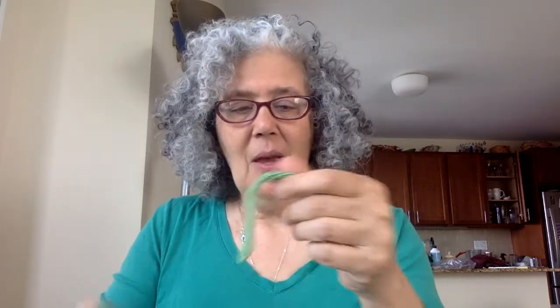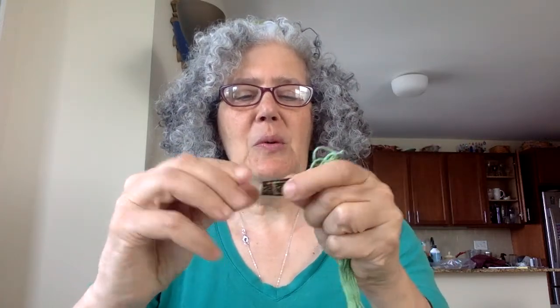But to start with, this is embroidery floss. It comes with 2 of these little things on it on each end. But when you start it out, it will never be the same again after you start to use it. So I like to wind it around something. They sell these little pieces of cardboard that are shaped. I'm doing it like this so it doesn't get tangled up on itself as I wind it around. You can buy little ready-made winder things, but you could cut your own out of a piece of cardboard or just use a piece of